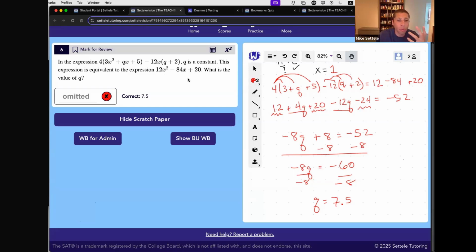All those x's as 1s are really convenient. We just focus on the coefficients, the numbers in front. And then it just becomes solving a normal equation because we've got some q's, but everything else is just combining like terms, right? So you saw I still did some very classic algebra moves. I distributed, I combined like terms, I showed my distribution, I showed my like terms. And that's because I know that, in the midst of a test, when I'm going fast, it's easy to lose a negative. It's easy to multiply something wrong.